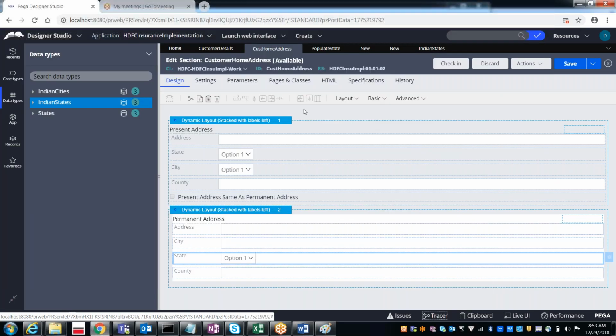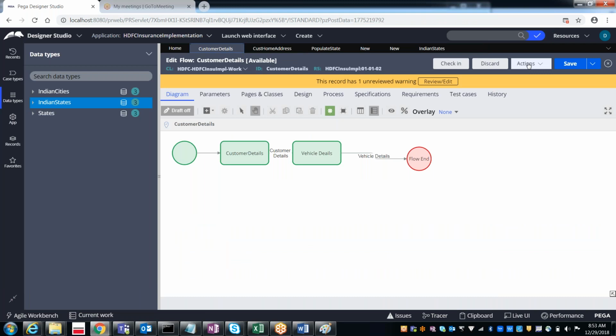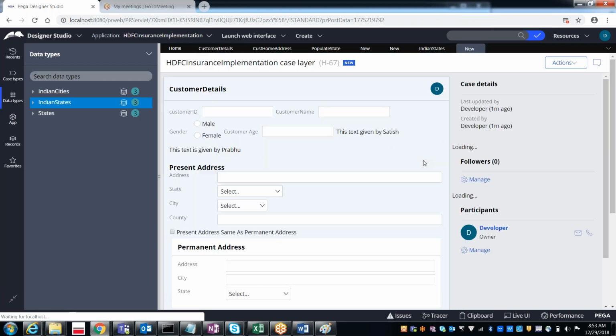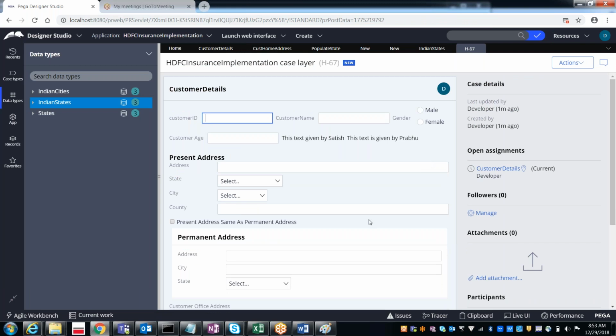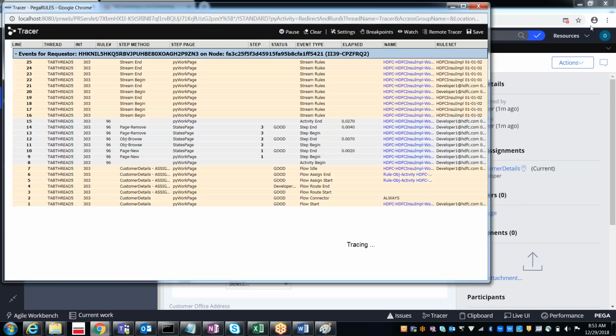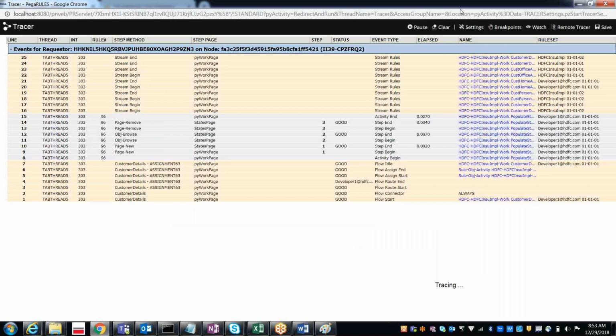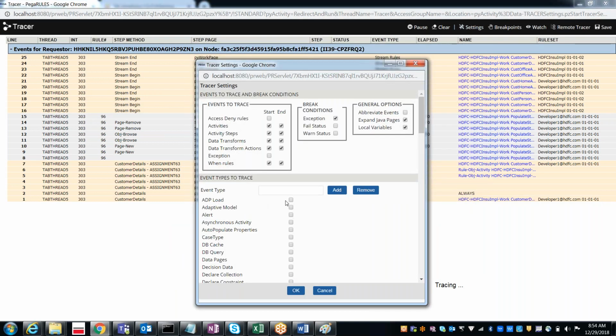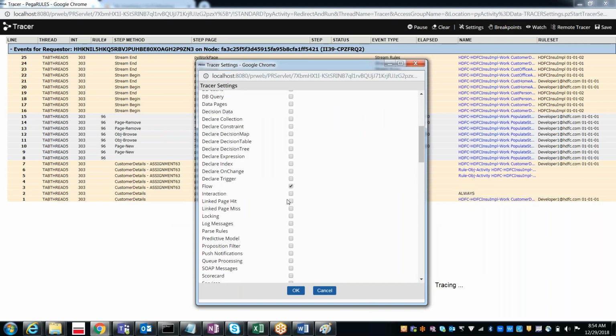Under the tracer, after starting the tracer, you can go for the flow, and from the flow again you can run it. Once you run that, now can you see? Settings, 1 second. Did we select report definition or something like that here?